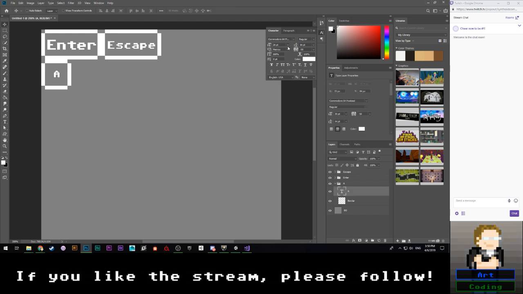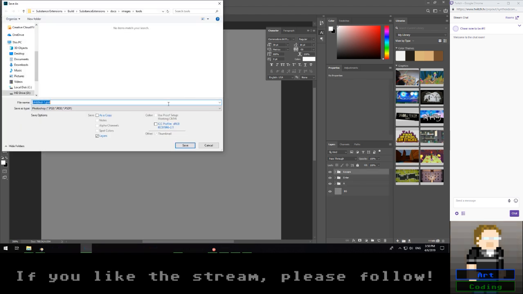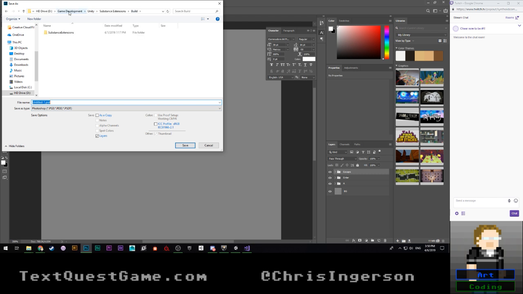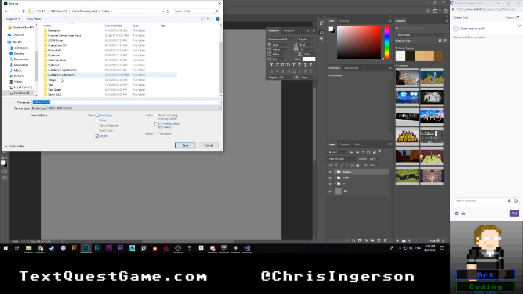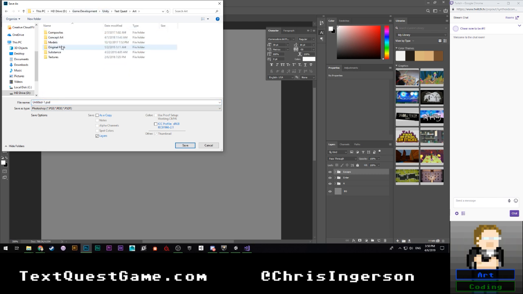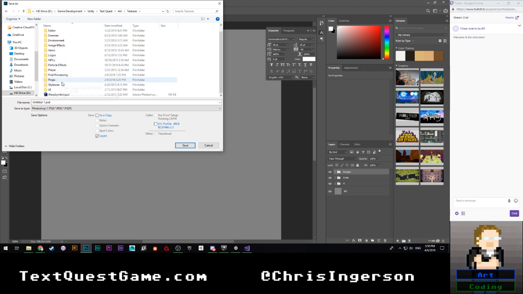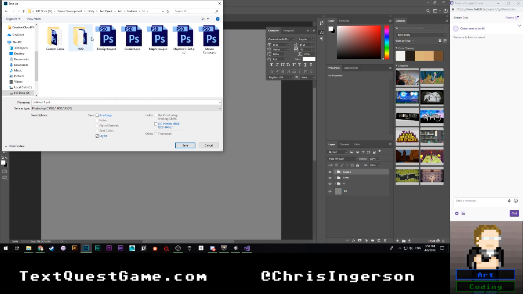And then we can change that to be back to 30, I'm going to guess. I probably want that to be centered-ish, somewhere around there. All right, let's go ahead and after escape, we need tab. Oh, I probably should save this into the correct spot, of course. So text quest art, textures, UI, and we're just going to call this